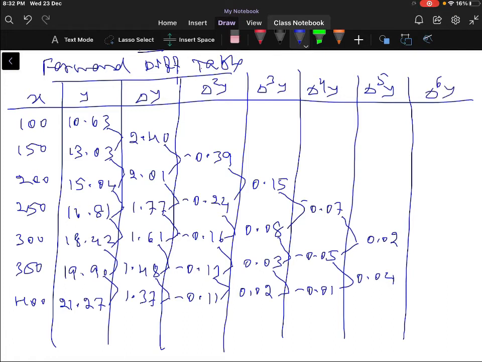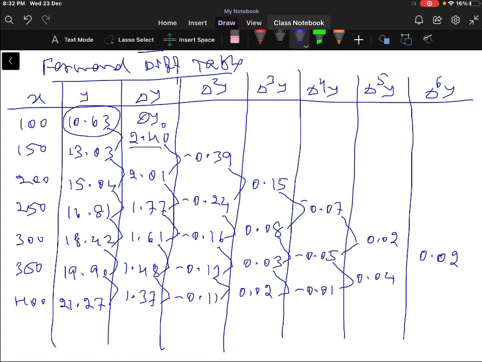So these are the fifth forward differences. Let us move to sixth forward differences. 0.04 minus 0.02 is 0.02. We have constructed the forward difference table where y0 is